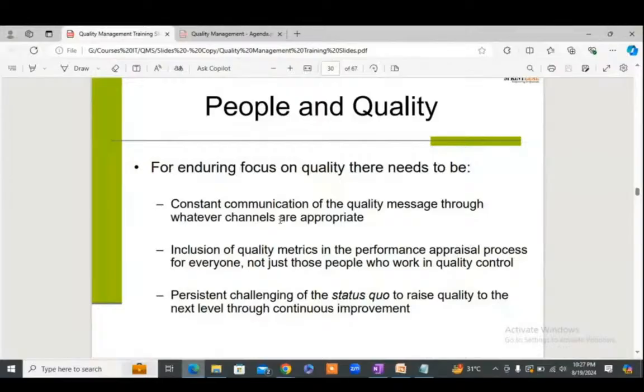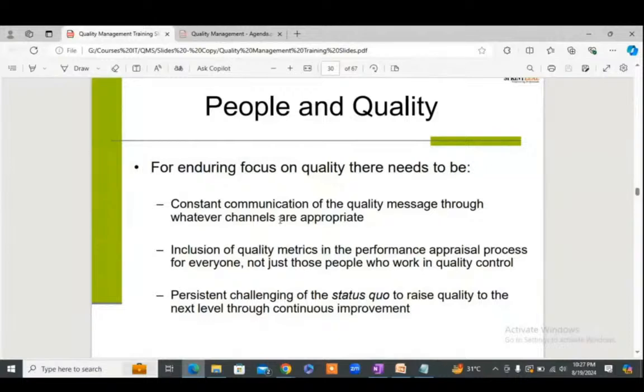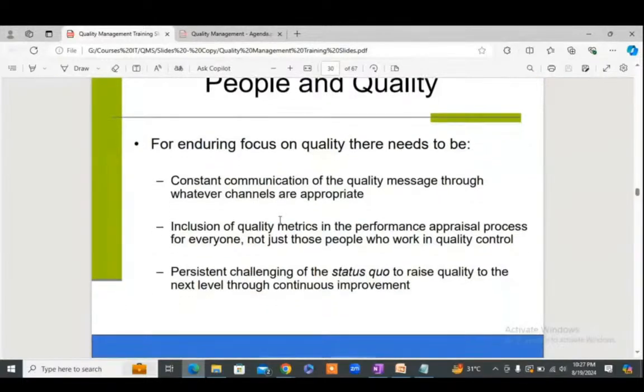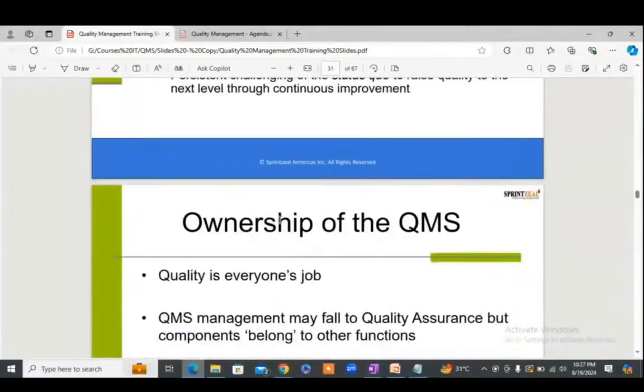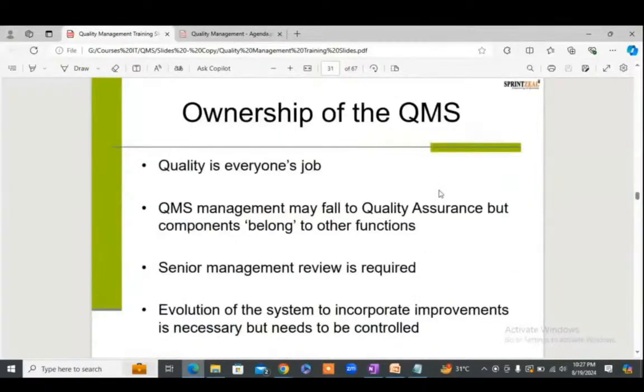Next question: is our test or inspection method working? If somebody asks whether our inspection method is working or not, you can say that to determine